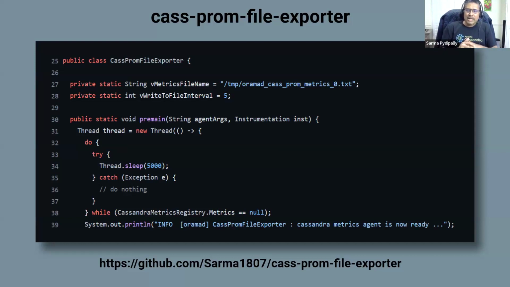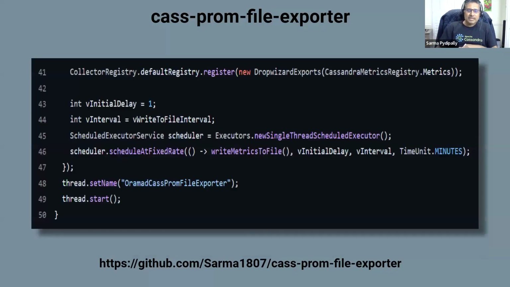If you have anything to take away from this, we are saying, hey, register to the Cassandra metrics registry whenever it becomes available. So during a Cassandra node restart, if you had the agent already pre-configured, it will just wait for Cassandra to start publishing this registry or the metrics through the registry. And when it is ready, you see a one-line comment saying, okay, metrics are ready as an agent.